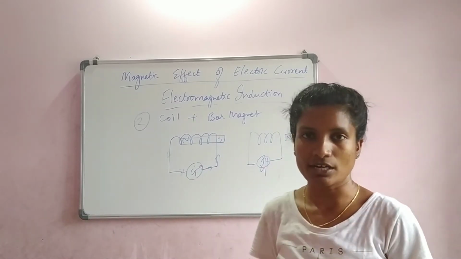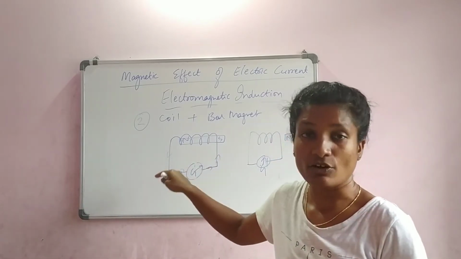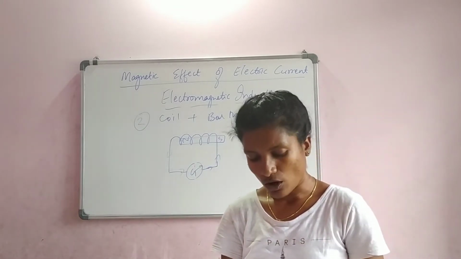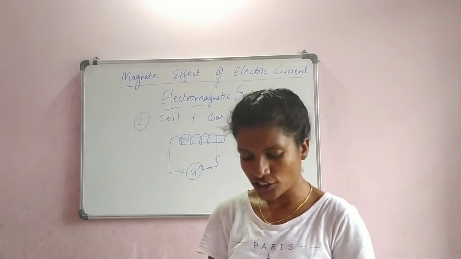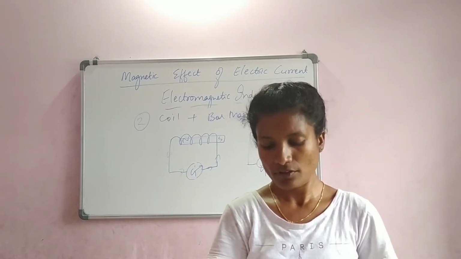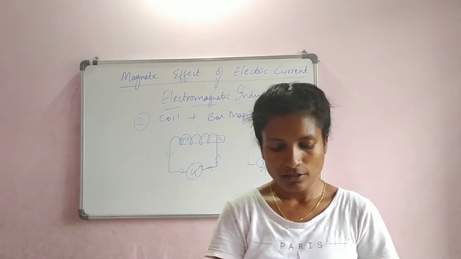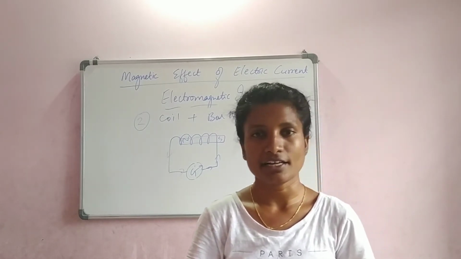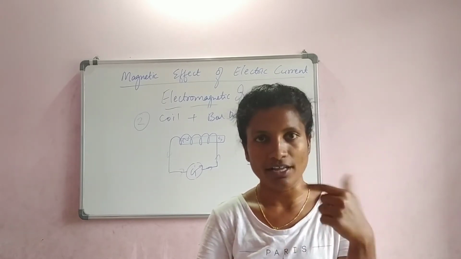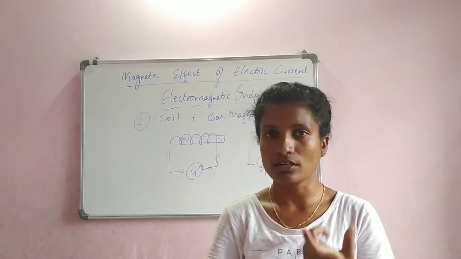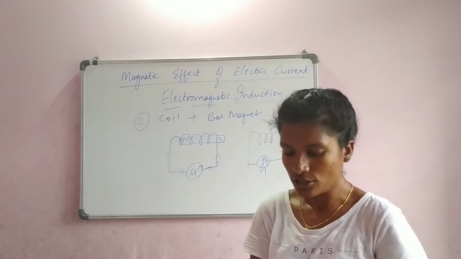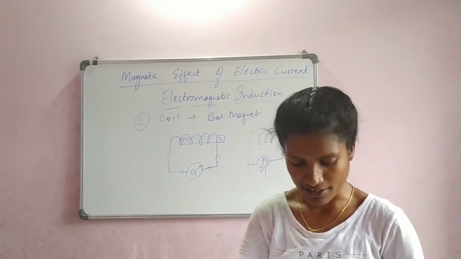By the deflection, we can understand that electric current is induced in the circuit due to the magnetism. Okay, so how can we put it in a framed sentence? The production of electric current by moving a magnet inside a fixed coil. So this is again called electromagnetic induction. The production of electricity by moving a bar magnet inside a fixed coil. Can you recognize the words fixed coil? We are not moving the coil, but we are moving the magnet here. So this generates electricity. It is called electromagnetic induction.